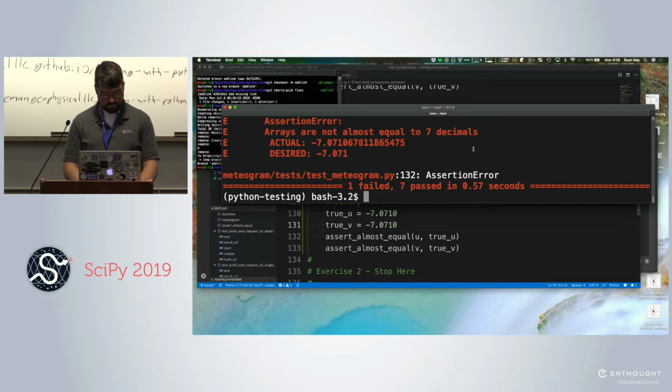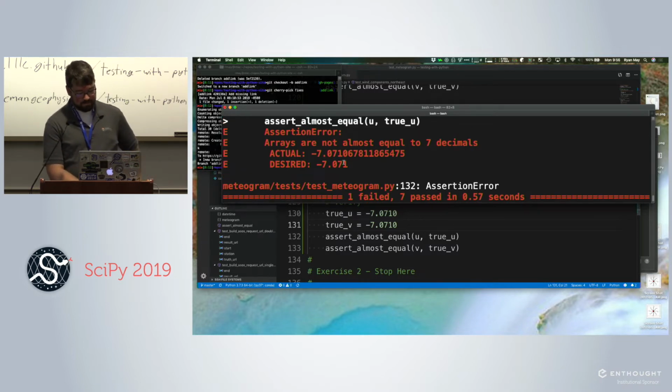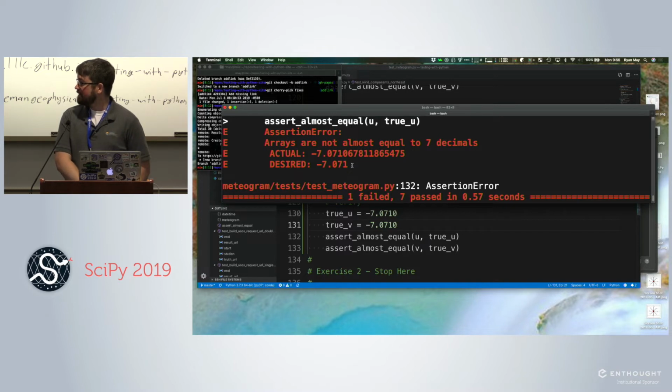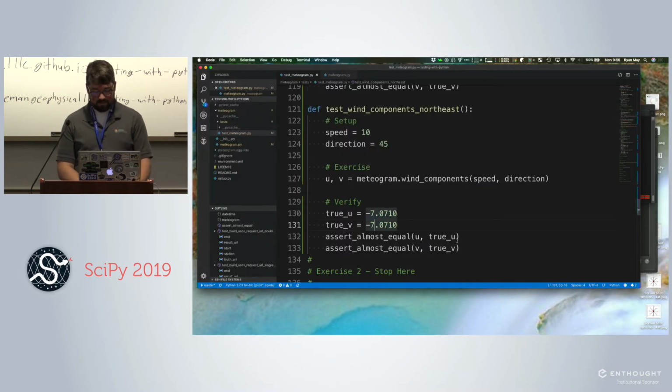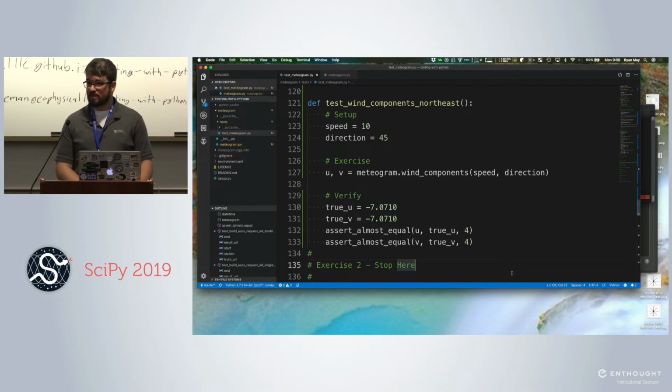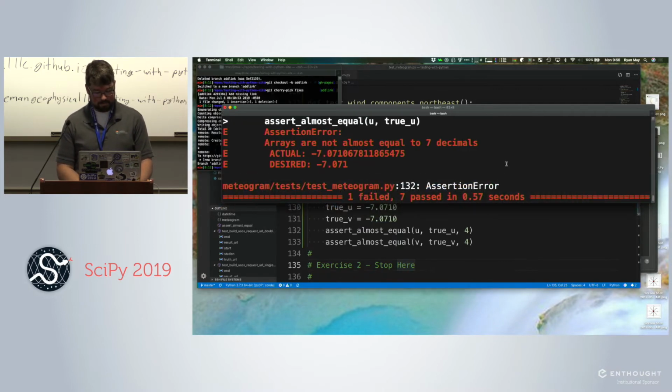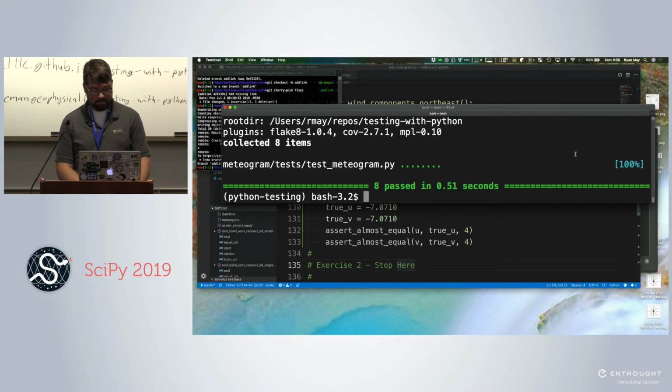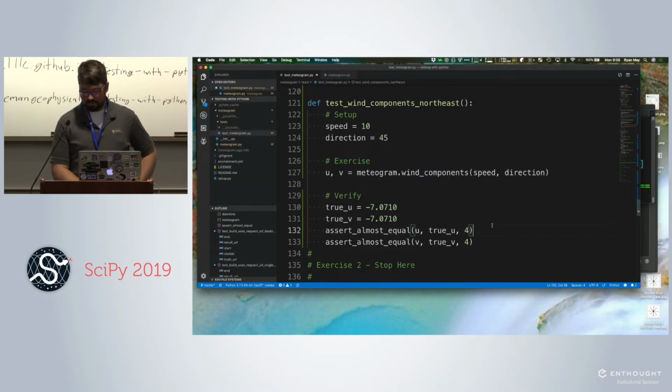Our asserts are fine. And we have one that has failed. So the problem is, 1, 2, 3, 4, 5, in the 5th place we have a 6, and I did not specify that here. So I could go back here and say I only care about this out to 4 decimal places. Because if you're measuring the wind speed to more than 4 decimal places, you're kidding yourself. Okay, there we go. So that's a good example of using that optional argument when you're doing floating point comparison.